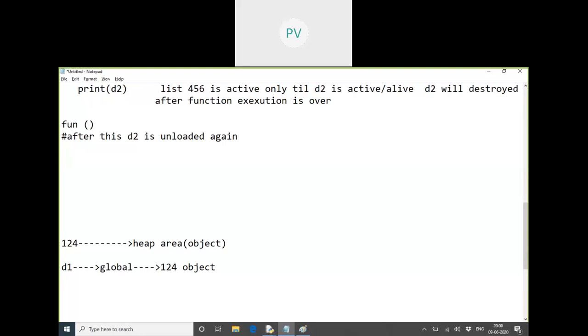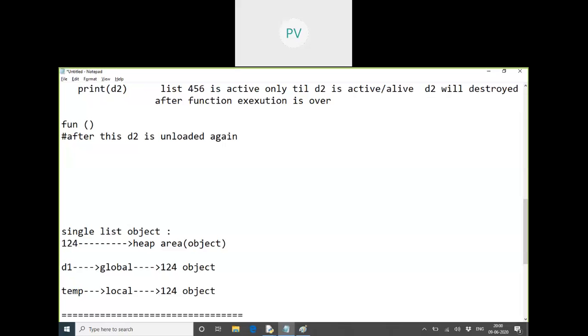And we pass this to which function? The change function. The change function has a variable called temp. It is which kind of a variable? Local. And it is pointing to which object? 1 to 4. There is only a single object in this program, a single list object with 1 to 4 in it. And that has how many references to it? Two references to it.